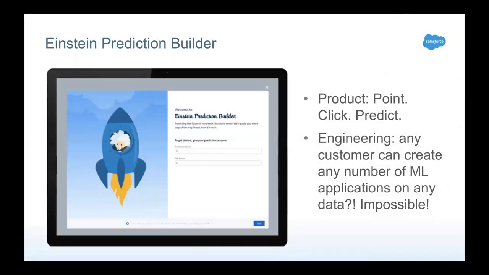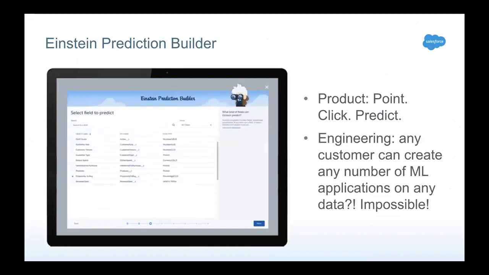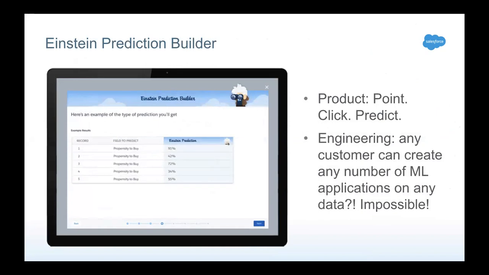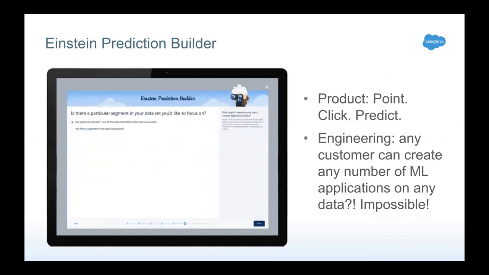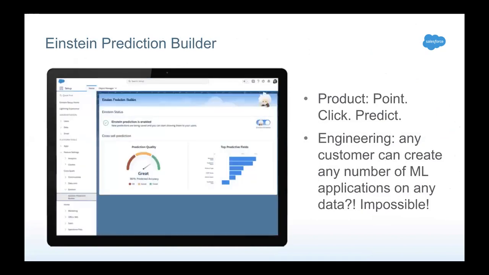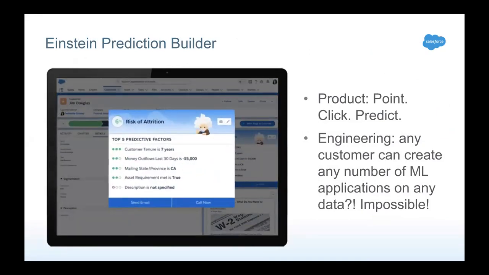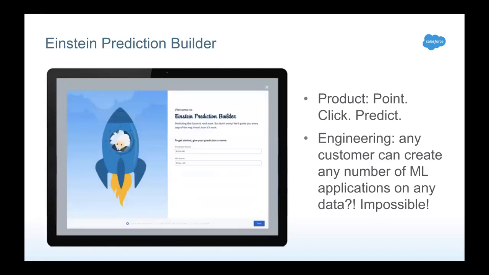Now, here's an example of the Einstein prediction builder. It shows what kind of capabilities were built on top of TransmogrifAI, just to illustrate how simple and convenient the user interface eventually is. So what users do is that they select a table and they define training and scoring filter. Then they define the label they want to predict and go through this next wizard,